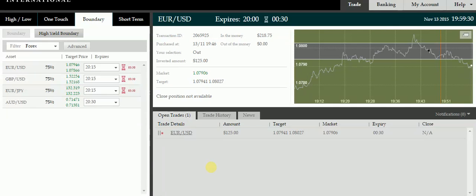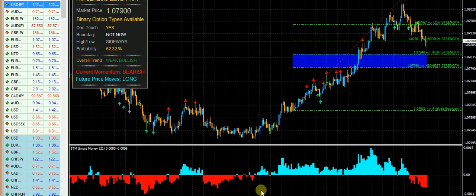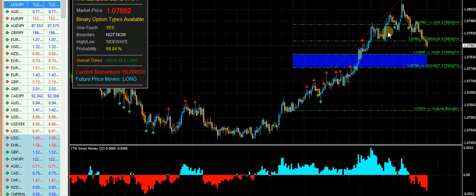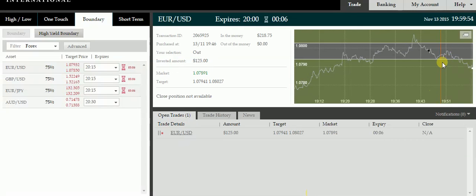We've got 30 seconds till the trade expires, and the trade is in the money at the moment. We just wait for the next 20 seconds for the trade to expire. So we have taken 6 trades. So this was our entry position, and the price found some temporary support at our boundary. So just to show you on our chart, it found that support at our lower boundary,